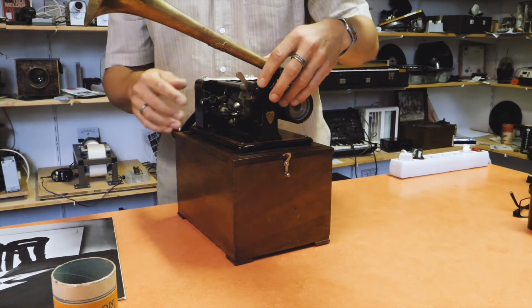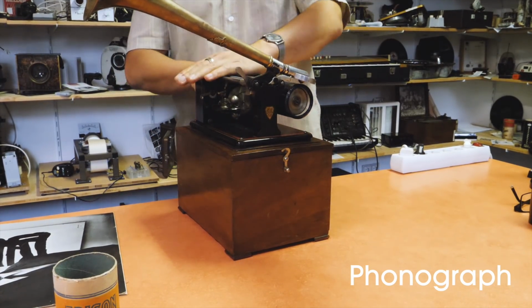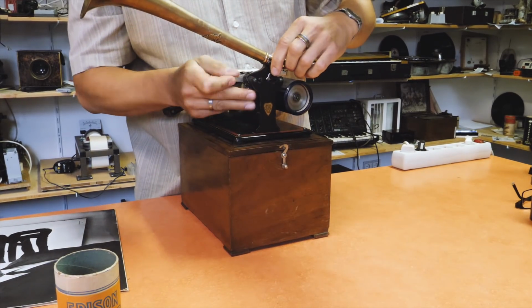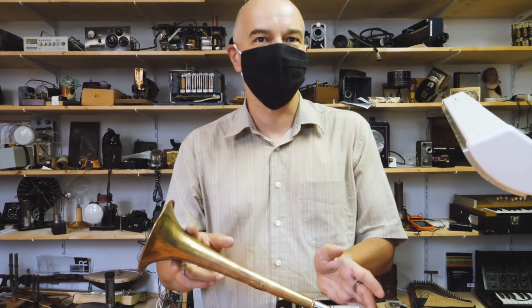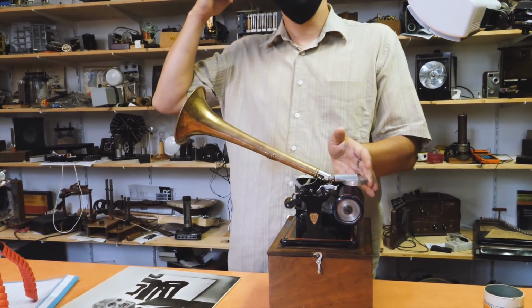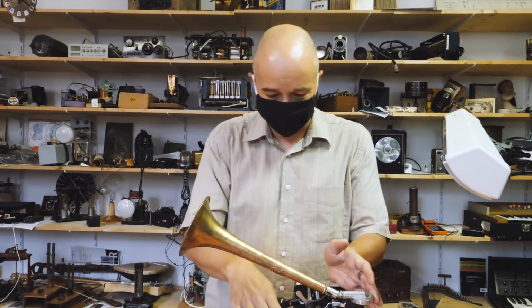Sometimes it works, and I think it starts there and goes there. So at first you have to put some energy into the system, and then we have a kind of physically amplifying process with this speaker here, which resembles the contents of your own ear, which collects, and this is why it's called a phonograph, not only a phonoplayer,